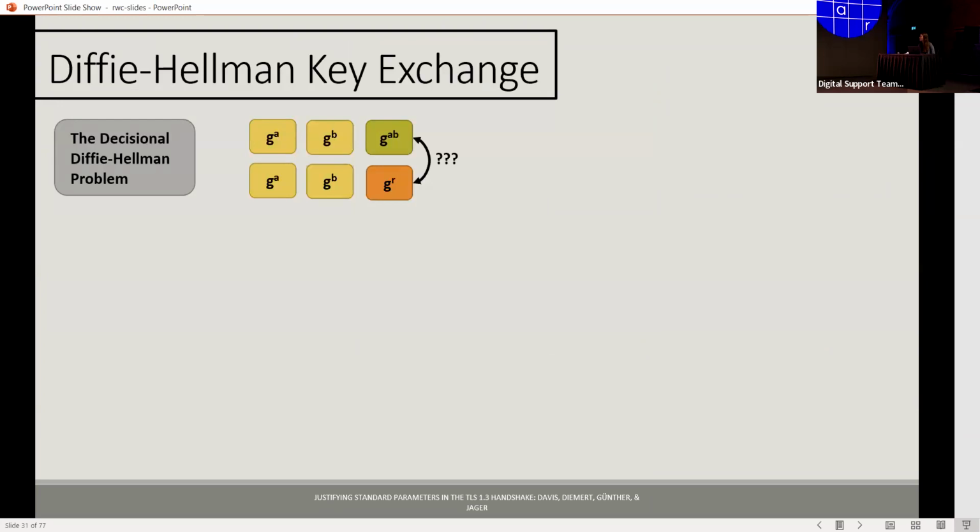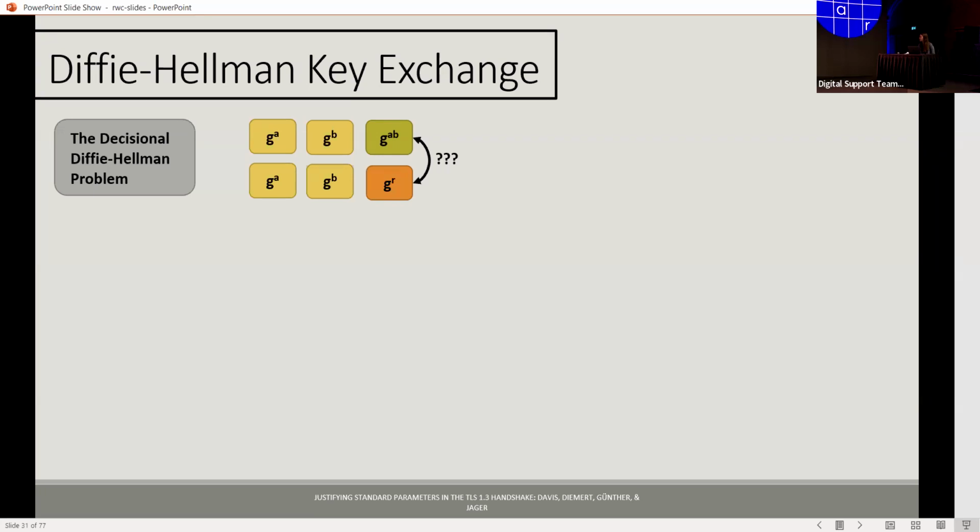The quadratic loss that the Dowling et al. bound has is a common issue in Diffie-Hellman-based key exchanges like the TLS 1.3 handshake. So let's dive a little more into that. The decisional Diffie-Hellman problem gives an attacker two random elements of a cyclic group called the Diffie-Hellman shares, g^a and g^b. Then the attacker must distinguish between the Diffie-Hellman secret, g^ab, and a random third element of the